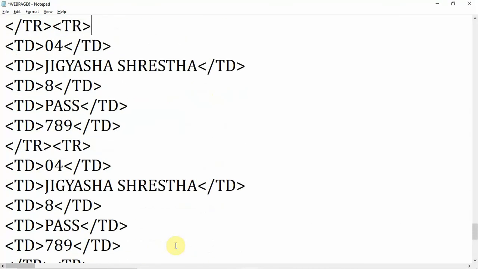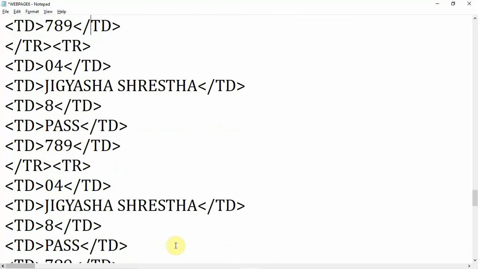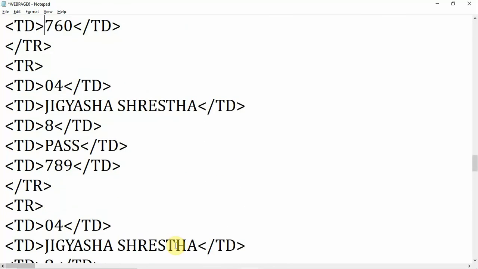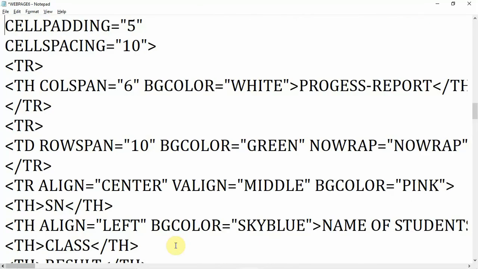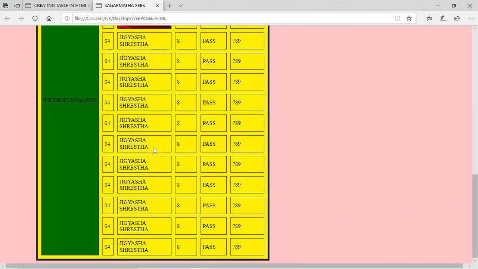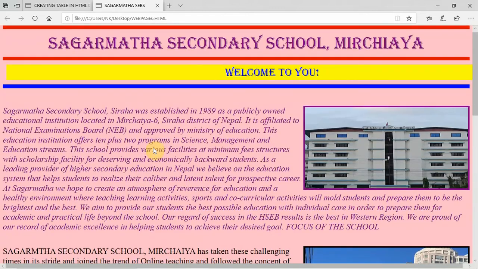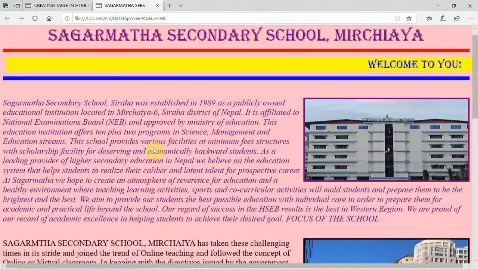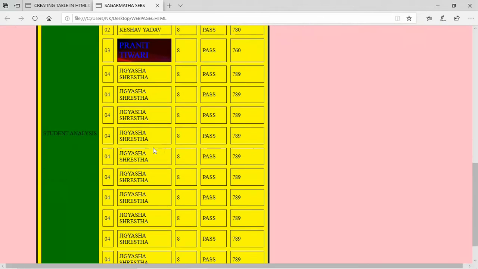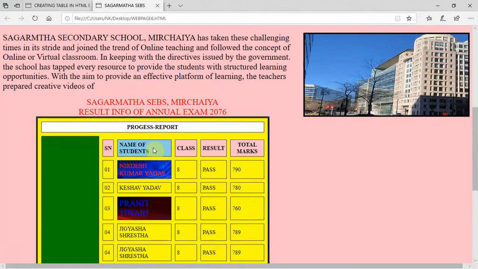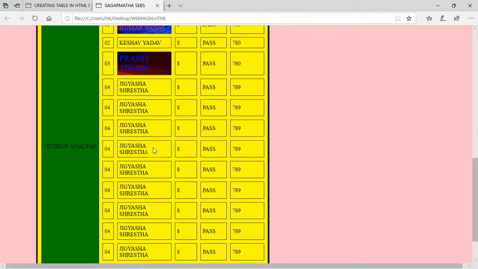And in the rowspan, we have written rowspan, find it. Here you can see rowspan. I want to increase the value. I want to write 50 here. Now you can see. So this is the use of the table tag, and you can increase the number of students, and you can also increase the font size. You can also set a picture inside it, and many things. You can also use the marquee tag inside it.